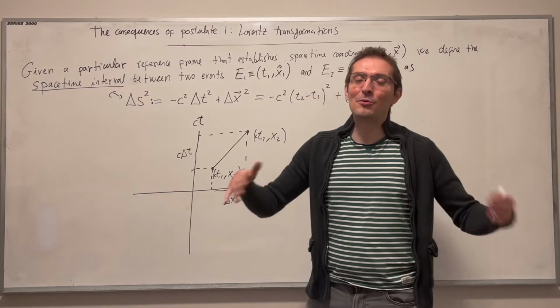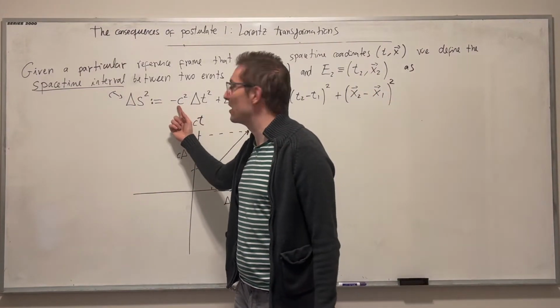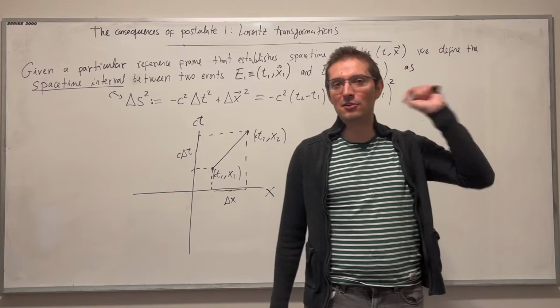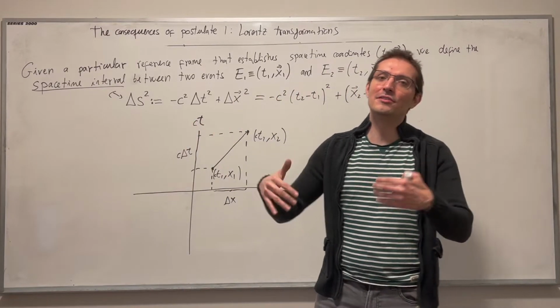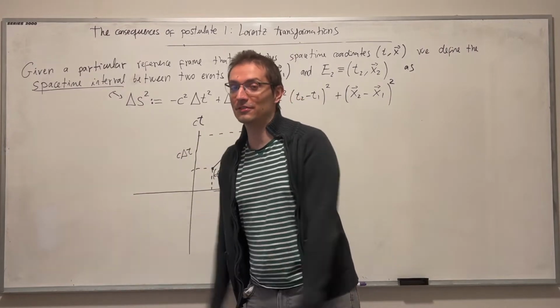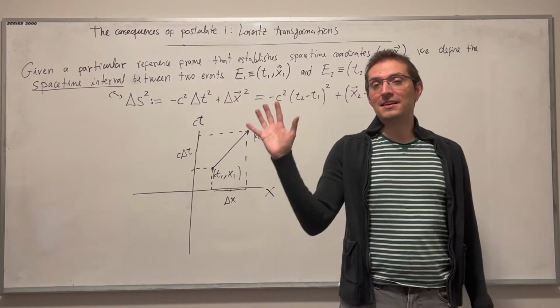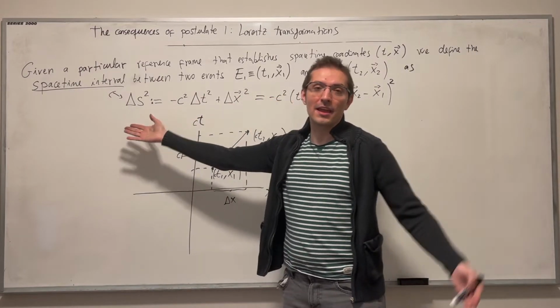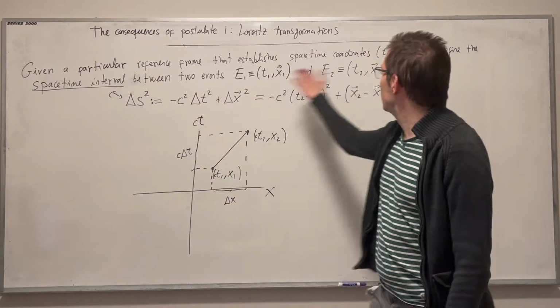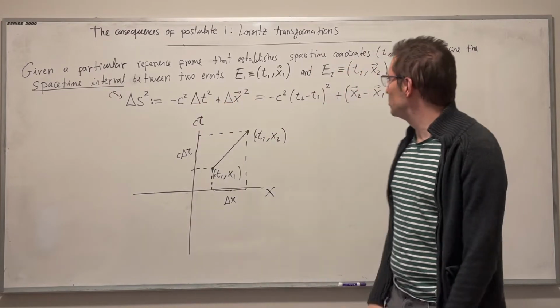But for now, let's go with either works, but in this course, I'm gonna go with what is called the East Coast Convention for choosing signs in the space-time intervals, and later on the Lorentzian signature of the metric, okay? But that out of the way, this thing exists for all events, right? Any two events, we can compute the space-time interval between them.